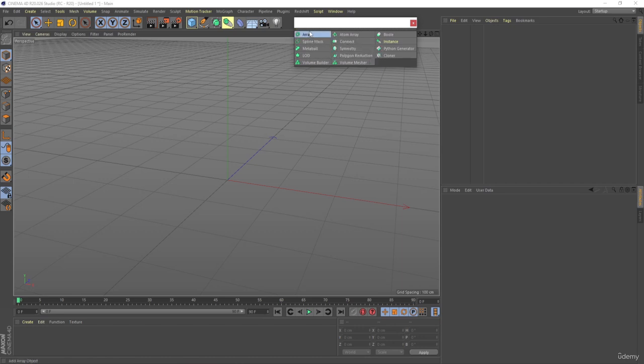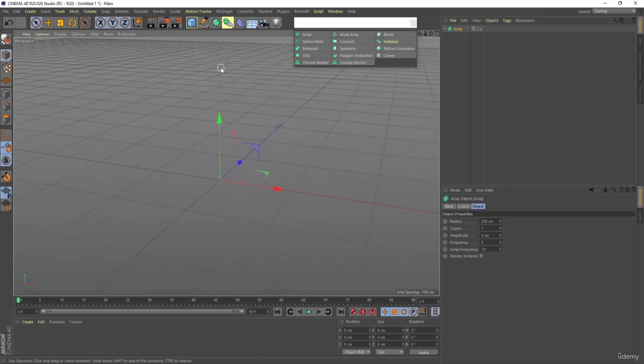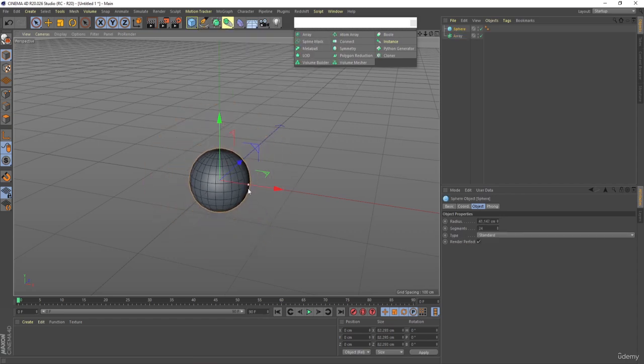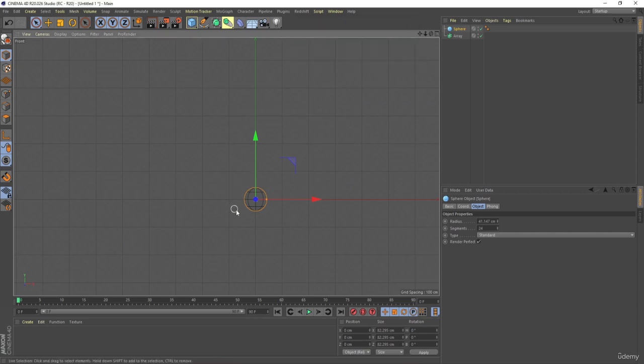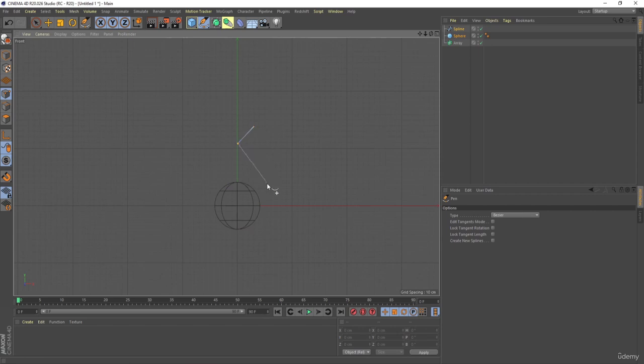Now let's select our array object. Now when you click on it, obviously you cannot see anything. So for that, what we can do, let's create one pair. Let's say over here, let's decrease the size of this, and now I'll go to the front view. Let's delete that because this is quite distracting for me. Now let's select our pen tool, and now I'm going to create one thing like, let's say, one point over here, one point over here, one point over here, and one point over here,